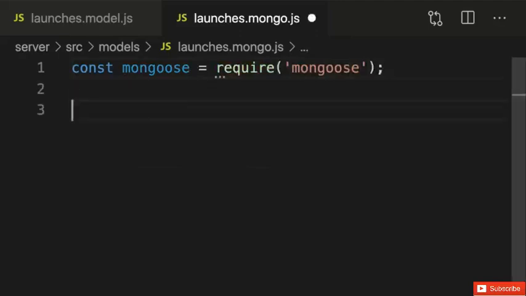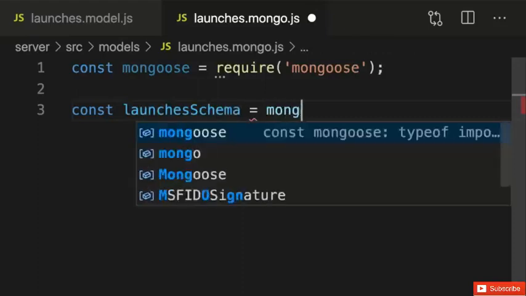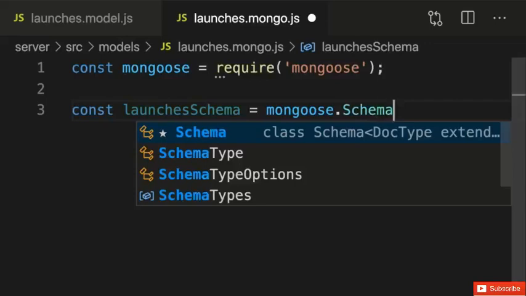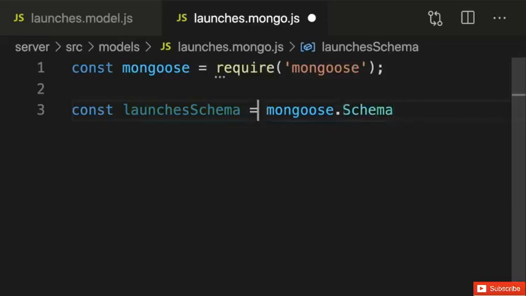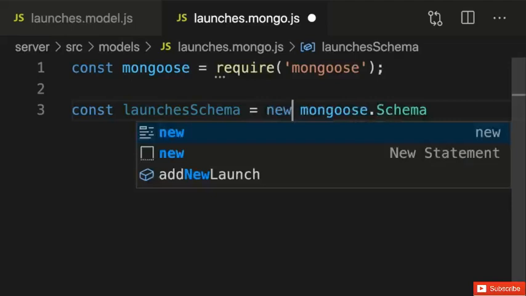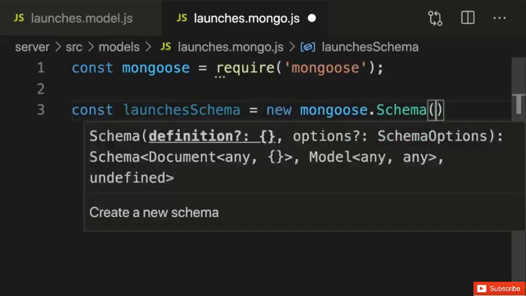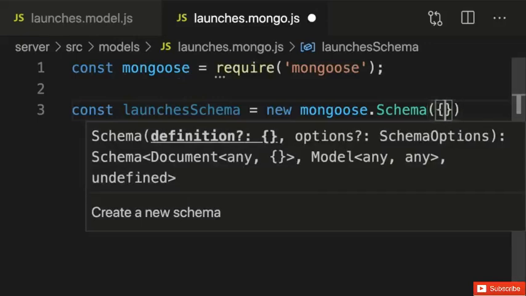And this time, we'll create a constant that will store the schema defining the shape of our launches. So let's call that launchesSchema, and we'll assign it to this mongoose.Schema object, which we instantiate. We'll create a new Mongoose schema and pass in the definition of that schema as an object. So what does this schema look like? Let's piece it together. So we pass in this object,